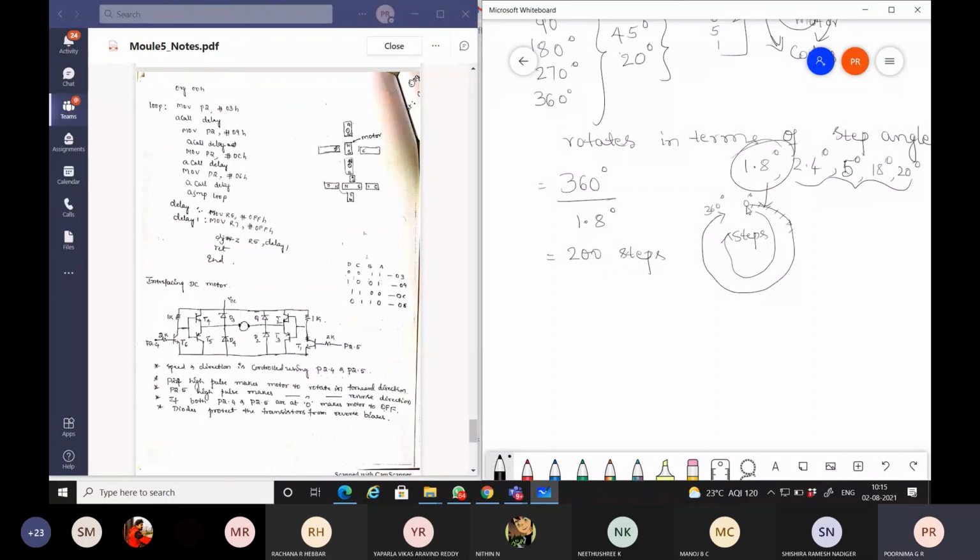So in 200 steps, slowly it will be taking step by step as you send these energizing codes to complete one rotation. Suppose only 90 degrees it has to rotate. During that time 90 degrees divided by 1.8 degrees, you will get somewhere around 45, not exactly 45, approximately 50 steps.